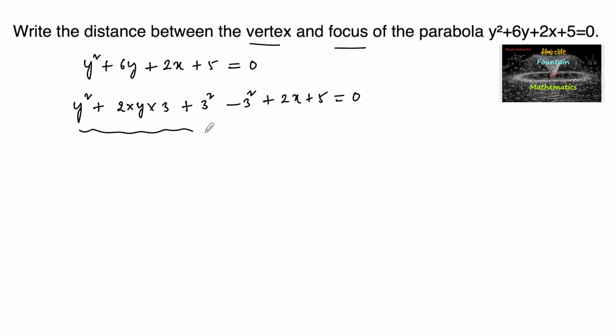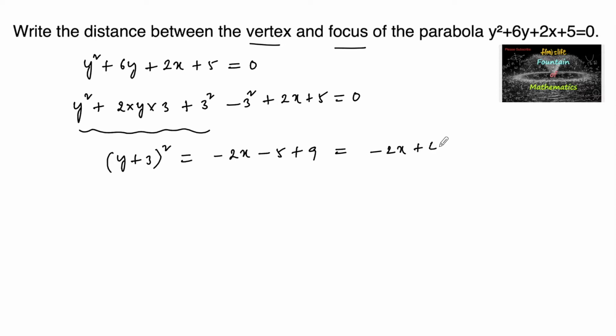So that we can write y square plus 2 into y into 3 plus 3 square as y plus 3 whole square, and the remaining terms let us take to the other side. So we'll have minus 2x and negative 5 and plus 3 square, that is 9,